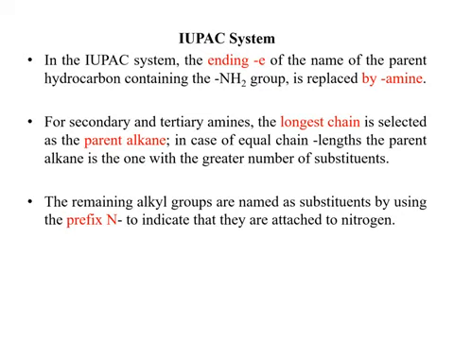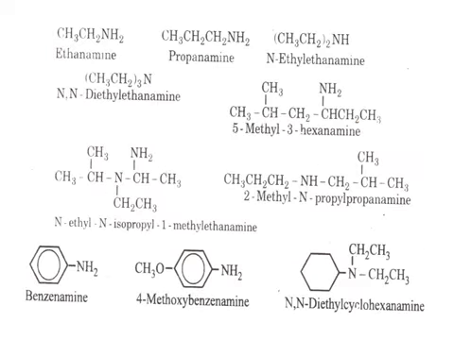In case of equal chain length, the parent alkane is the one with the greater number of substituents. The remaining alkyl groups are named as substituents by using the prefix N to indicate that they are attached to nitrogen. So here are the names of amines based upon their IUPAC nomenclature. In this first example,